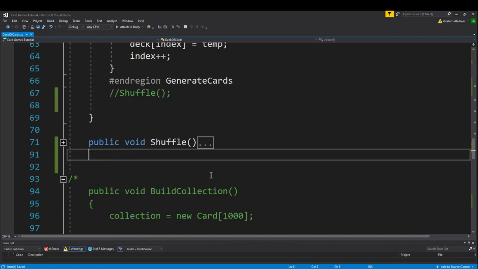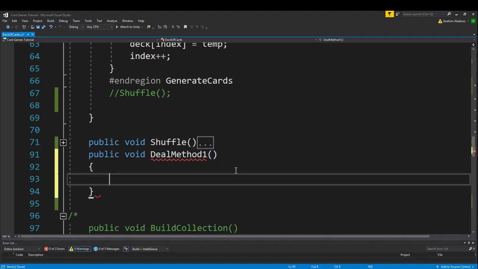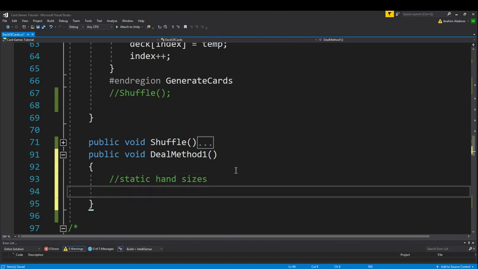We're going to create a new function. I've minimized the shuffle function, and I'm just writing below that. We're going to create a function called deal1, or deal method 1. Let's be a little bit more descriptive. So this first method will work for static hand sizes. That means it's good for games like poker, not good for games like Yu-Gi-Oh!, Pokemon, Magic the Gathering, where you're drawing from the deck. It's not good for something like Go Fish, where you might have a different